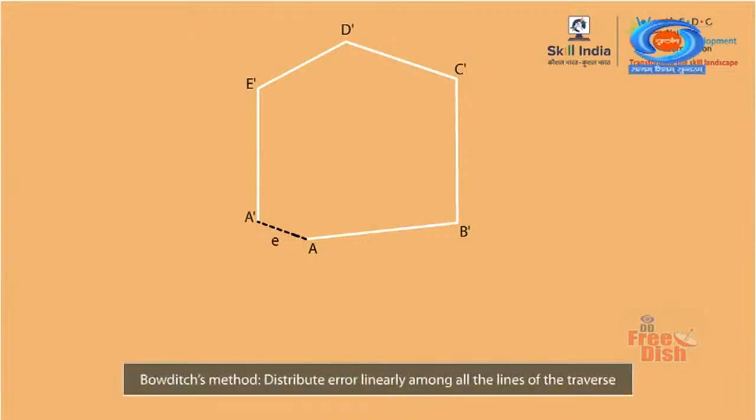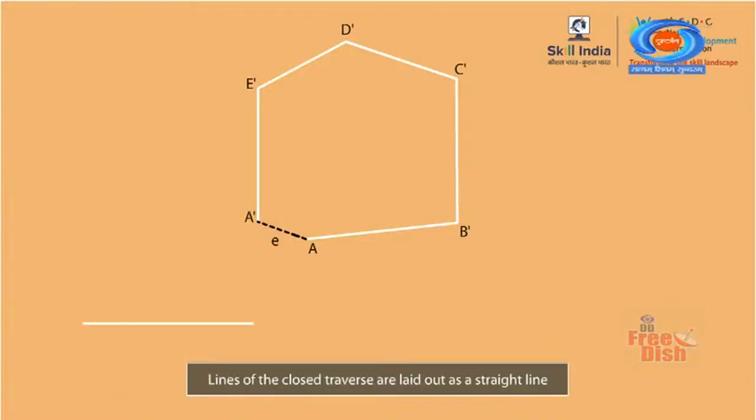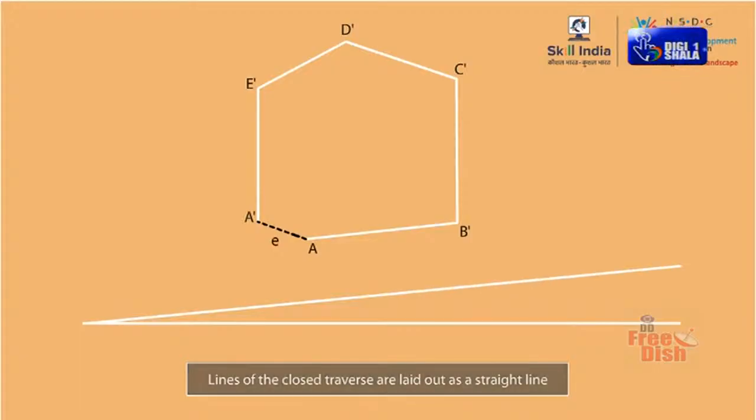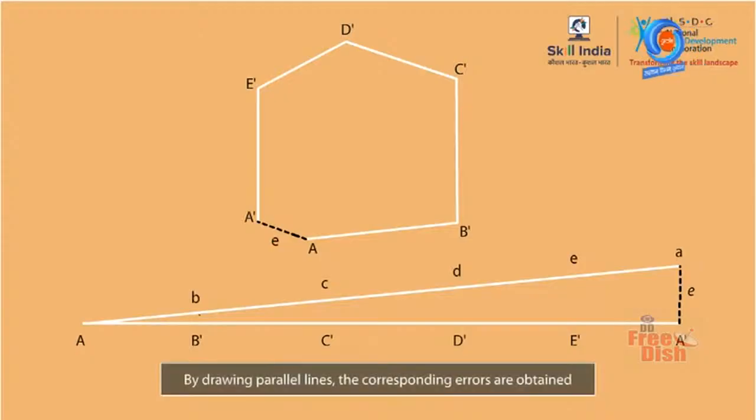The Bowditch's method consists of distributing error E among all the survey lines of the traverse according to their lengths. The lines of the closed traverse are laid out as a straight line and the ordinate A. A' is taken as equal to the closing error E. By drawing one line each at every traverse point on the straight line, so that all the lines are parallel